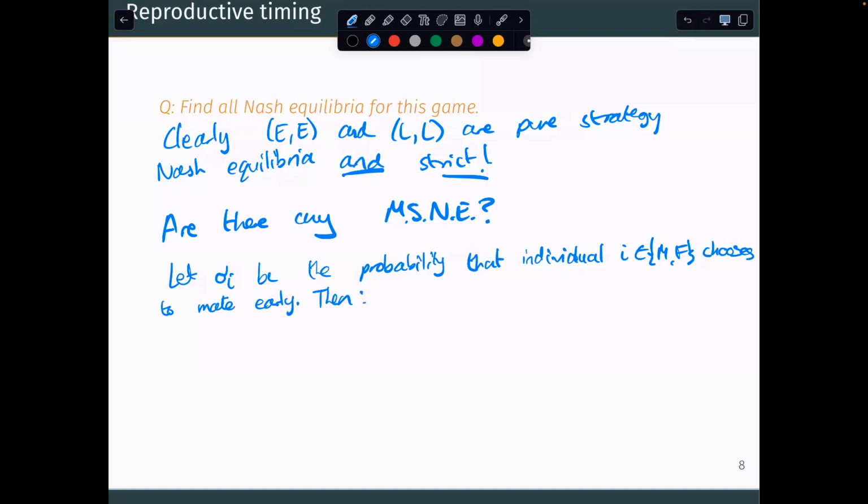Then if we think about the expected payoff for females who either mate early or late,